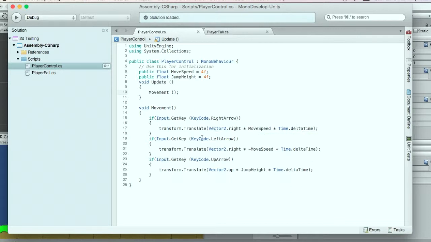And same thing for the left arrow, except there's no left in code. It's just negative of right. So we can't really do negative